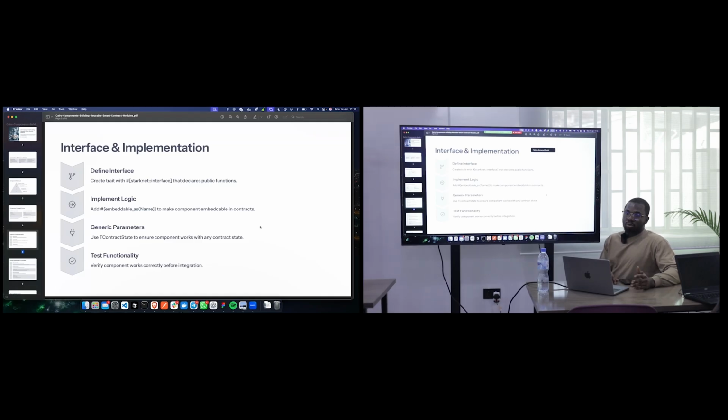So you basically do it the same way you define an interface for a contract. Use the hashtag square bracket starknet::interface. And when you want to implement the interface defined for your component, you use embeddable_as name. What this attribute decorator is telling the compiler is your component is embeddable by any name specified. Name here is just a placeholder. When we build our own component, we'll see how it's used. So name is a placeholder here, and whatever name you specify here is the name you use to